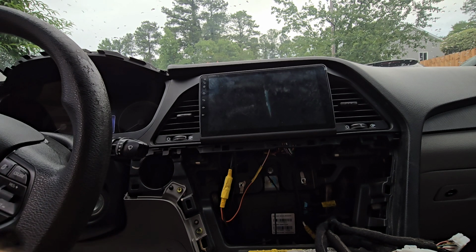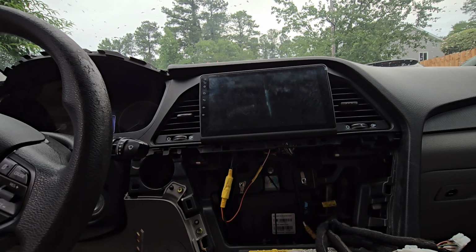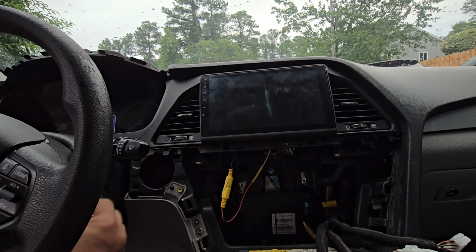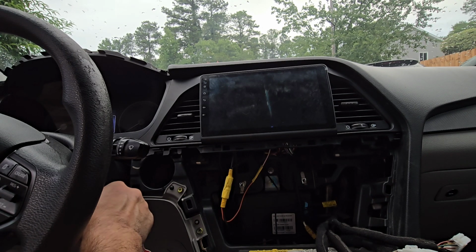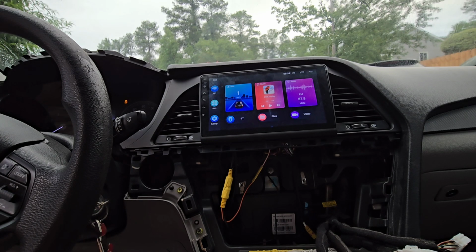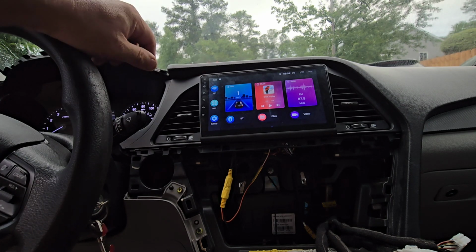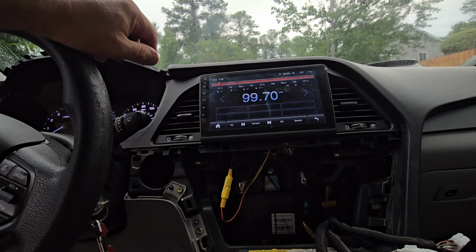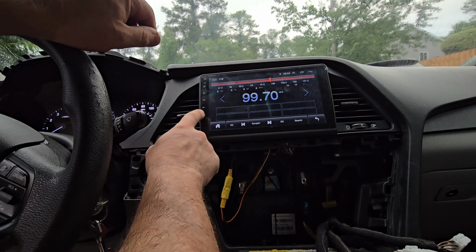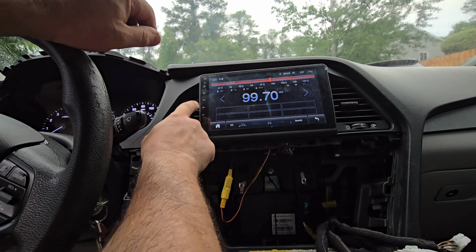Even though not everything is put together, that's when you're supposed to do a test. Actually, probably before even installing these two bolts. But I'm gonna connect this. And as you can see, this actually immediately came on, so it is working. It's gonna go into radio, and